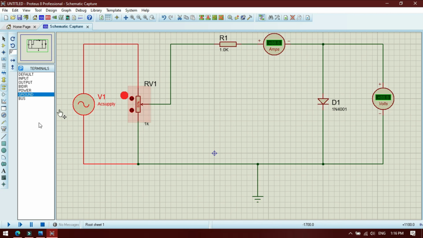Now what we have to do is press this play button to start simulating this entire circuit. As you can see, the device gives 0 voltage. By pressing this